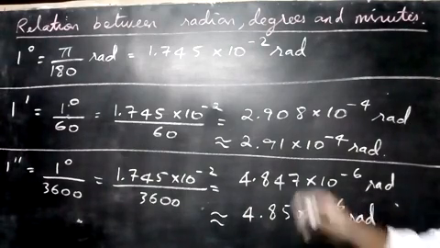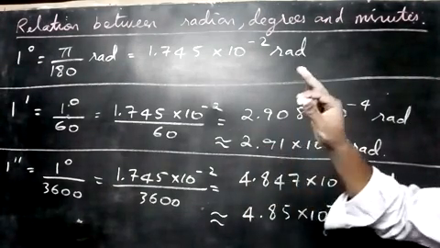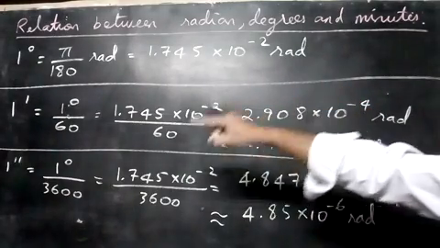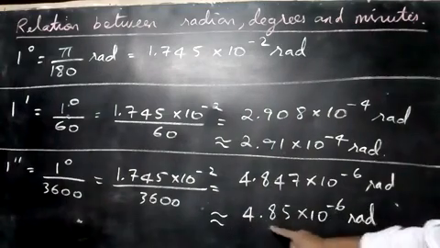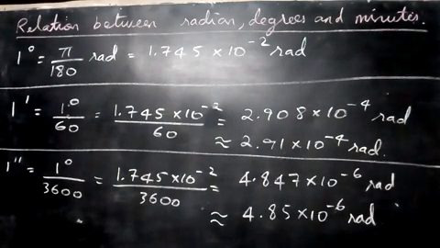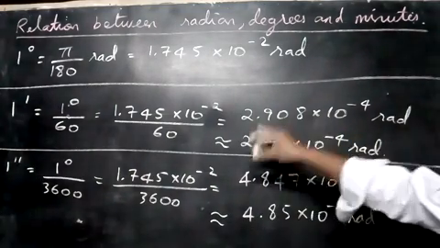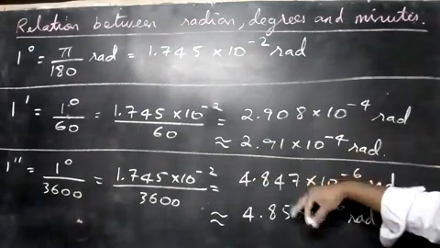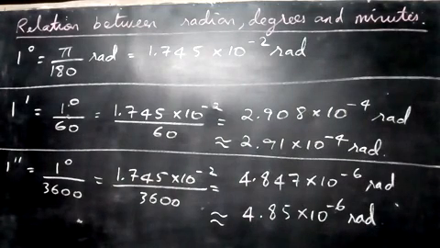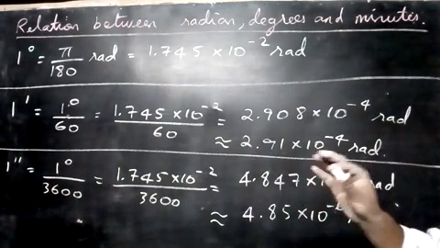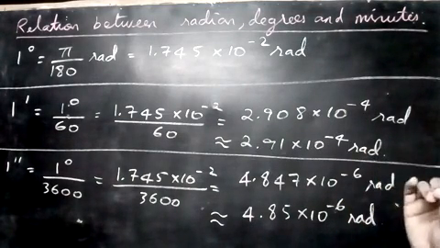So this is how to convert from 1 degree to radian. 1 minute will give us so many radians here, and 1 second is 4.85 into 10 power minus 6 radians. These are very important things. You must know how to get this. We need not memorize the values, just know how to get these things here. So in the exam we can be able to derive it. But you must know what's the value of 1 degree and